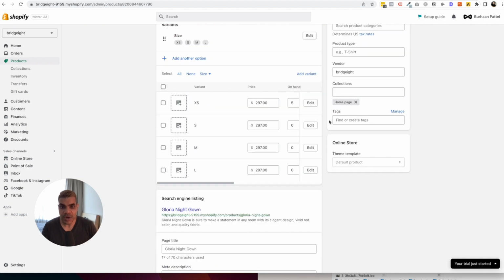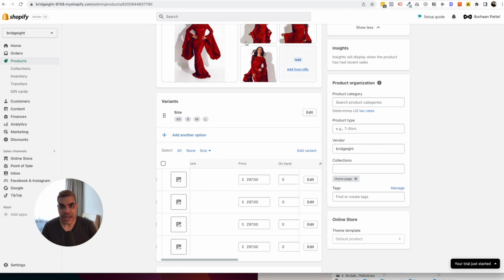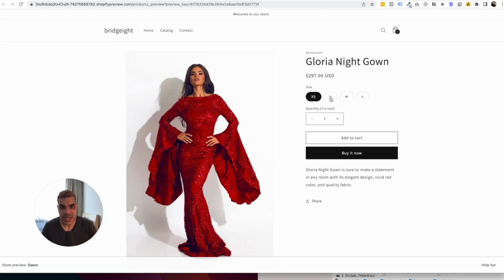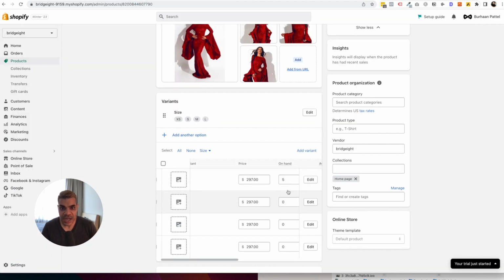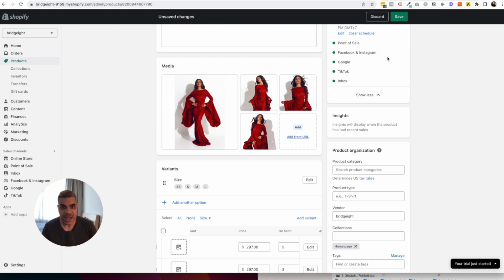Now another thing that I wanted to show you is I had 5 items in stock, and if you look at the product itself, you'll see S, M, and L have a sold out label and the buttons are not available, and that's because I did not put stock on hand for any of these products. So if I wanted to say I have 3 here, 3 here, and 3 here, and I updated that,